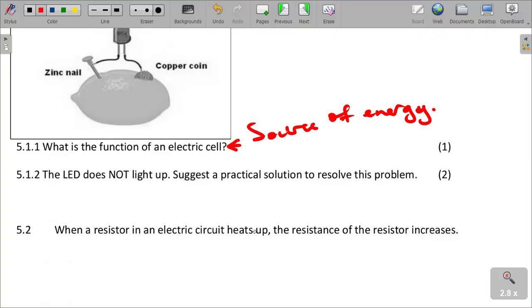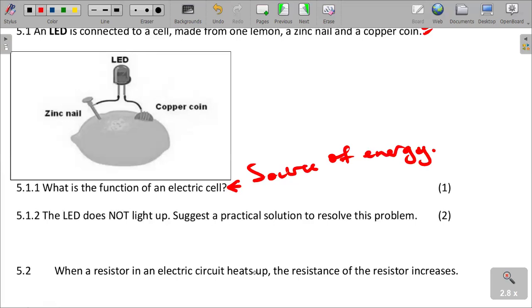If the LED does not light up, what can we do in order for the lights to light up here? We need to have more power. We need to have something that will increase the power here. So what increases the power for the light to light here? It must be,